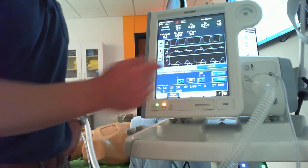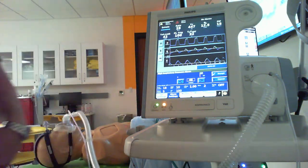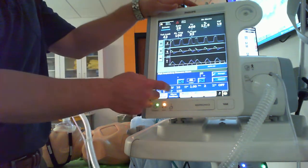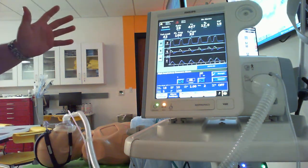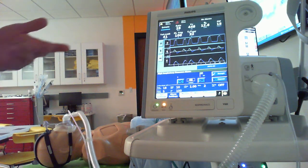So honestly, we're dealing with pressure ventilation, okay? So the high alarm in this case is not so important for regular ST or anything like that. Might be a little bit more prominent in some other types of things, invasive ventilation and so on. But if the patient coughs or something happens, as soon as whatever pressure limit I have set right here is hit, it would go ahead and stop delivering